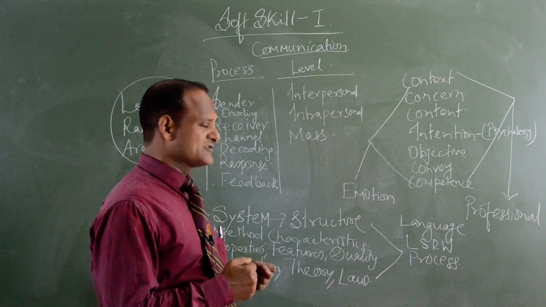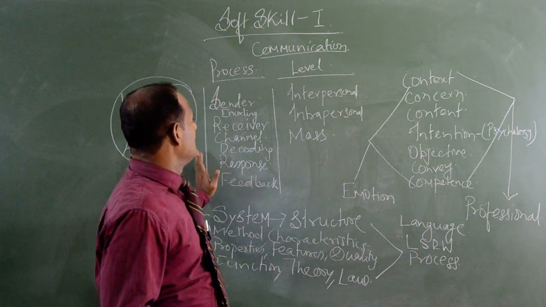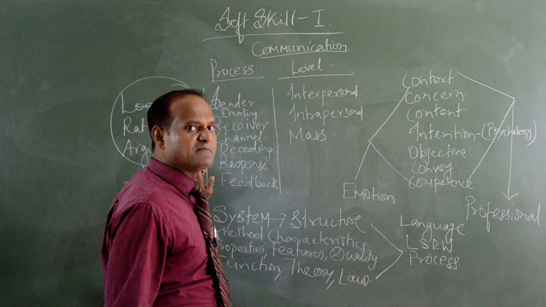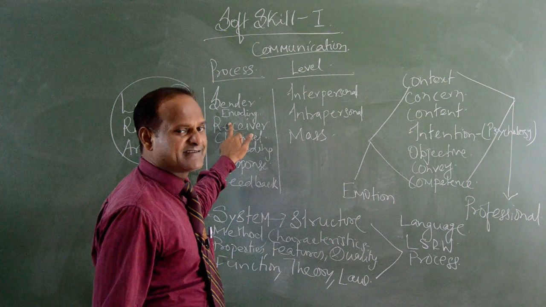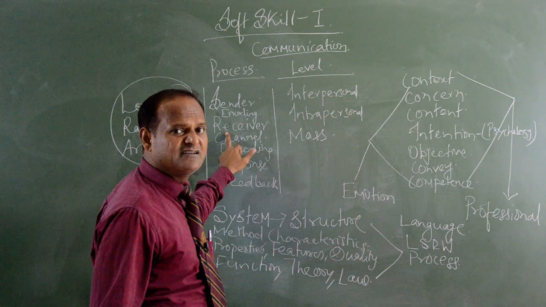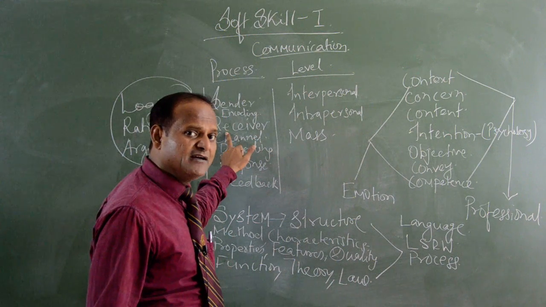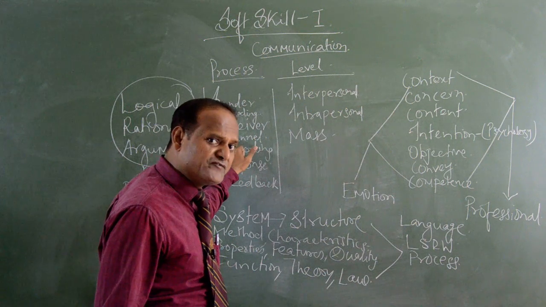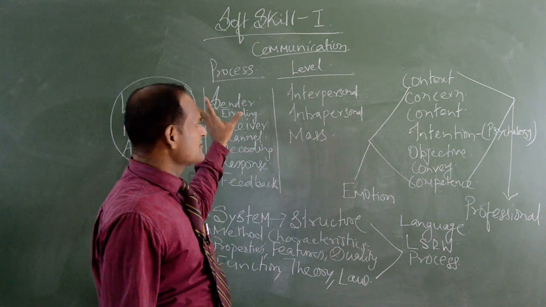Just to give you a recap, in the last lecture we had dealt with the process of communication at greater length, and the elements of the process of communication were: the sender encodes, selects a channel, transmits the intended message, and the receiver receives, decodes and gives a response, and if required by the sender, plans a very systematic logical feedback form, and the same feedback form is filled up by the receiver. Fine, that was all about the process of communication.